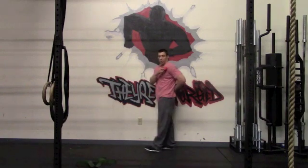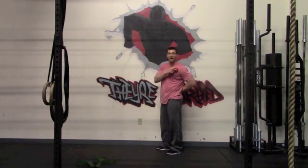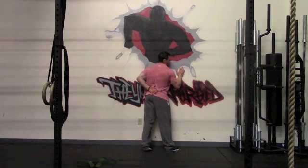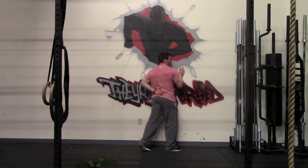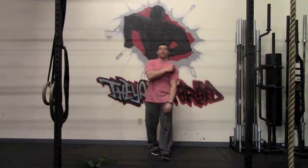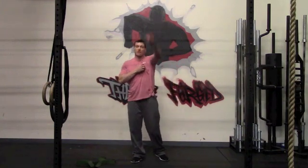You're going to put the ball right on your front delt, right at the top of your pec. And you're just going to dig into that area. You're going to find some tight areas, and it's probably going to be really, really painful. But what you're trying to do is break up that soft tissue to loosen things up a little bit, all